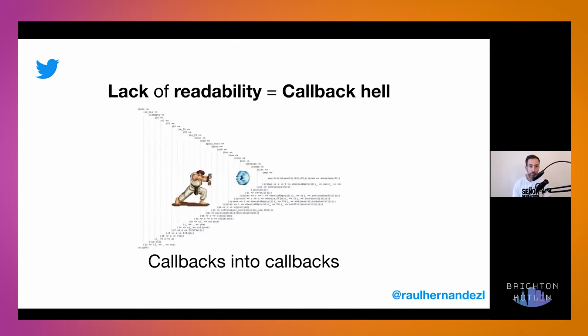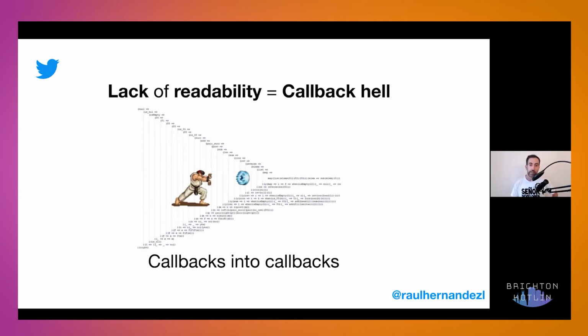So here we have our first guest of the night, that's Ryu from Street Fighter. Maybe if you're a bit old like myself, you can remember that. So he's doing a Hadouken, and you can see that this Hadouken from Ryu is creating a massive indentation. So basically, those are callbacks into callbacks, and those callbacks into more callbacks, producing a massive indentation that probably you cannot really read very well. And at this point, you created with Ryu, our guest, some callback hell.